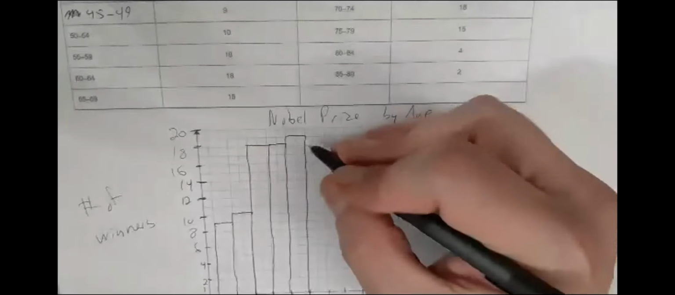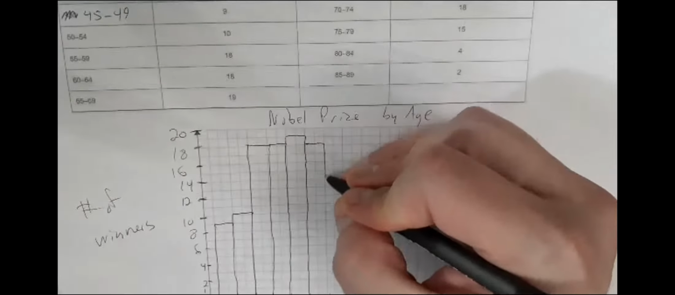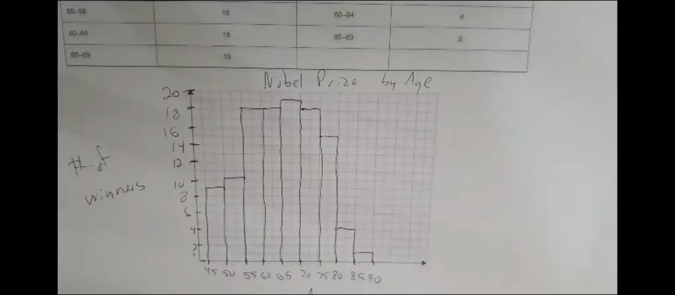70 to 74 goes back to 18. 75 through 79 goes to 15. 80 to 85 goes to 4. And the last one, I have 2 of them. And so for doing this histogram by bins of 5,